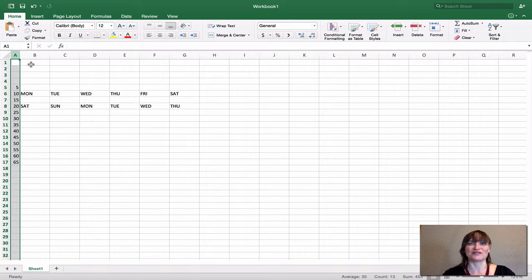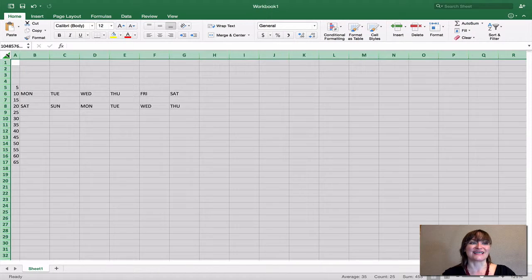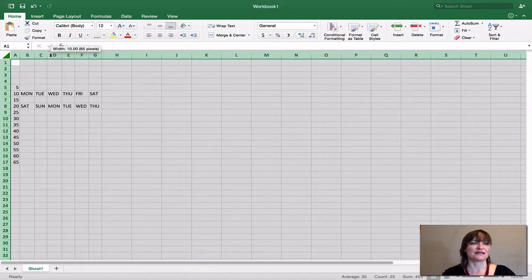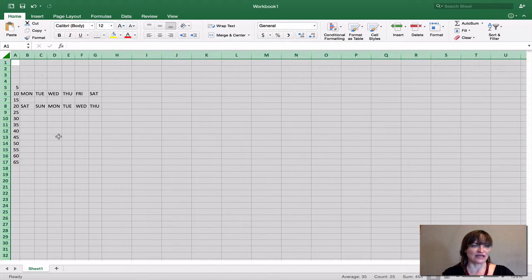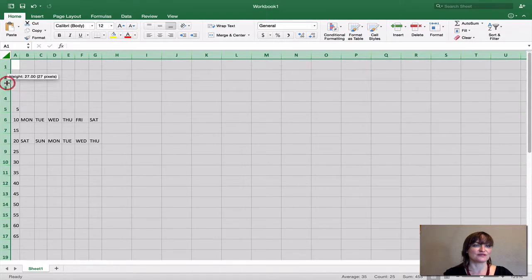Let's practice what we know. Let's put 2 skills together. I'm going to select everything. I'm going to find any one of those push me pull yous and double click, and any columns with data in them have automatically resized to fit the data that's in them, and the others are all still at the standard width. We can also do the same with the rows. They also have those push me pull yous. We had them all selected, so any change we made applied to all of them.